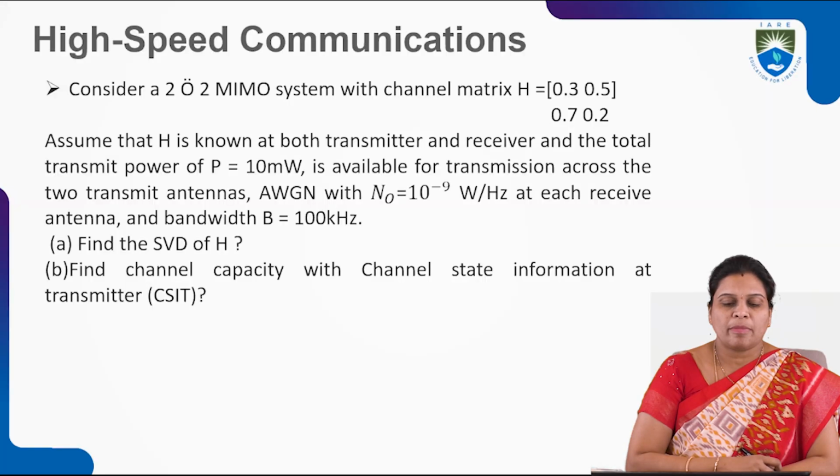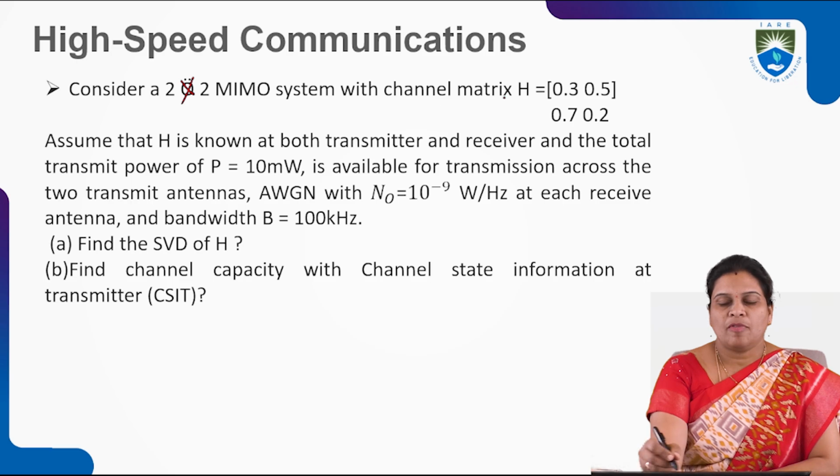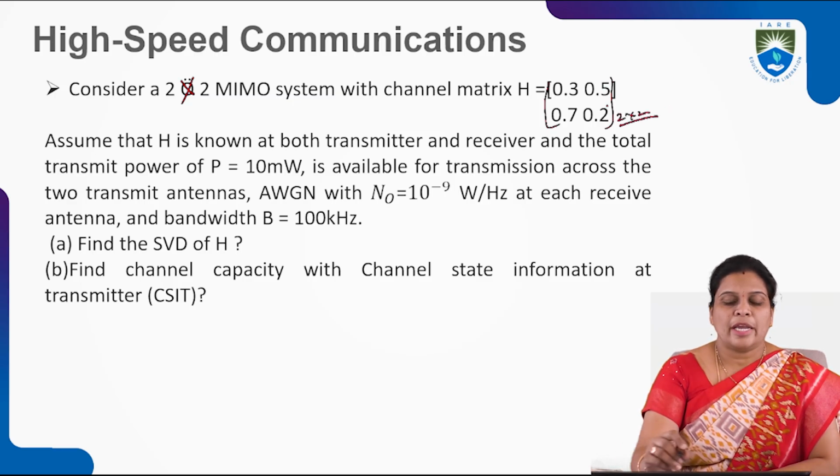Okay, so this problem is: consider a 2 by 2 MIMO system with the channel matrix. This is the matrix 0.3, 0.5, 0.7 and 0.2. This is a 2 by 2 matrix. Assume that H is known at both the transmitter and receiver, and the total transmitted power